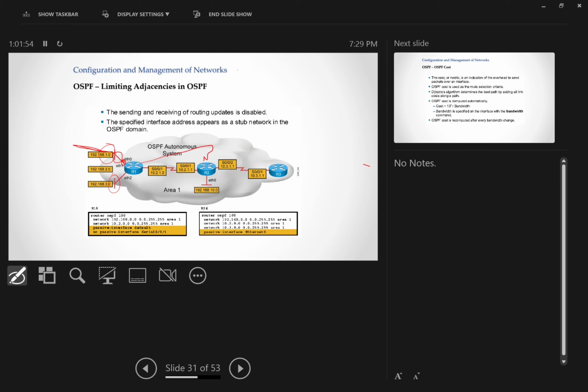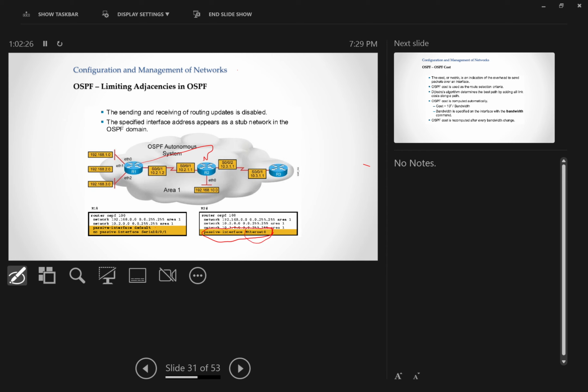But if this interface matches a network command, or if I go to the interface and say that it belongs to OSPF, it will also try to do an adjacency through this link, not just announce that it exists, which is what we want, but it will also try to make an adjacency through here, which I don't want. So this is exactly the same thing that we do in IGRP in this situation, which is I can use the passive interface